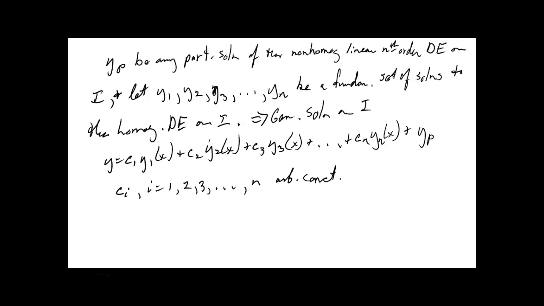So, rather than calling it the general solution for the homogeneous case, we now name it the complementary function. The general solution of your homogeneous equation is now called the complementary function. So this part right here, up to but not including the particular part, we're going to call the complementary